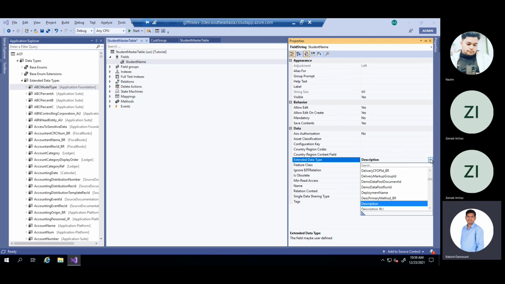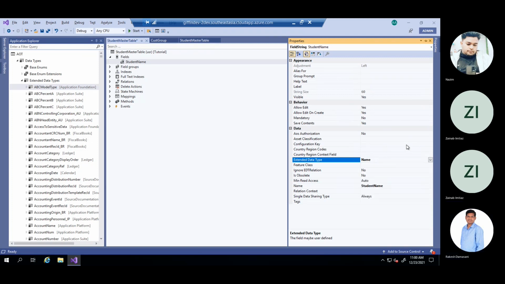Description also, I think, is 60 only. See, I have chosen str1260. The string size became 1260. But for name, 60 is enough. So we will select name only.